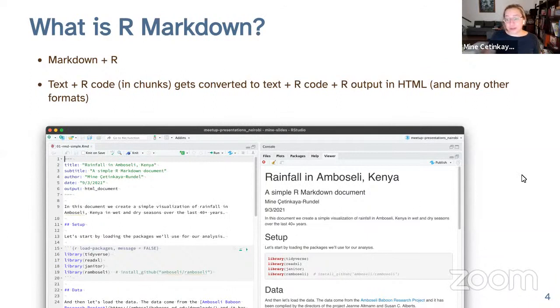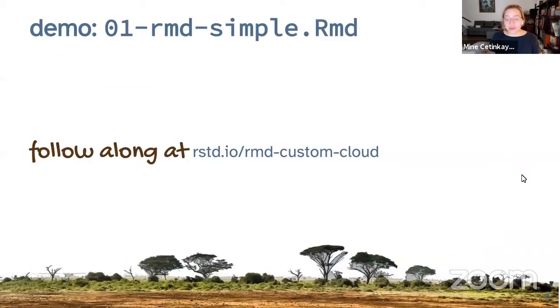So what I'd like to do to begin with is start with a demo. And we're going to go through 6 demos throughout this talk. So I'm going to have a slide like this for each one of the 6 demos. And if you would like to follow along with me, you are welcome to do so at this link in the middle of the screen, not street. So that's rstd.io